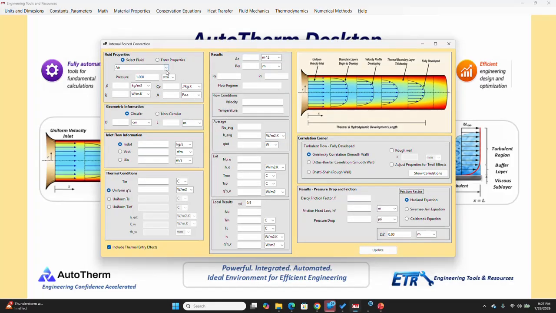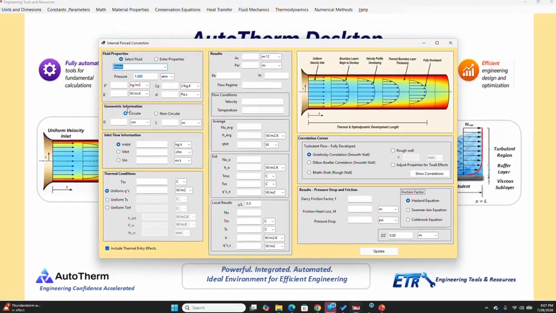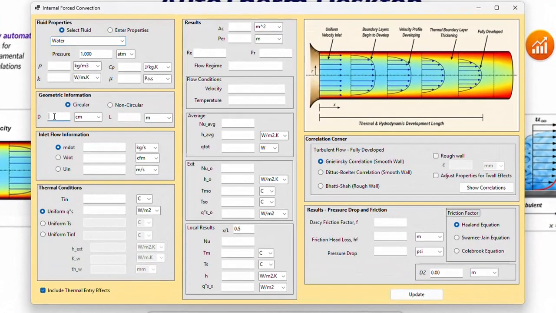As an example, let's say we have water flowing in a 2-inch diameter pipe. So we enter 2, change the unit to inches, and say 8 meters long with a volumetric flow rate of 10 gallons per minute. Let's assume water is going in at 25 degrees C and the surface of the pipe is maintained at 80 degrees Celsius. If you run this,